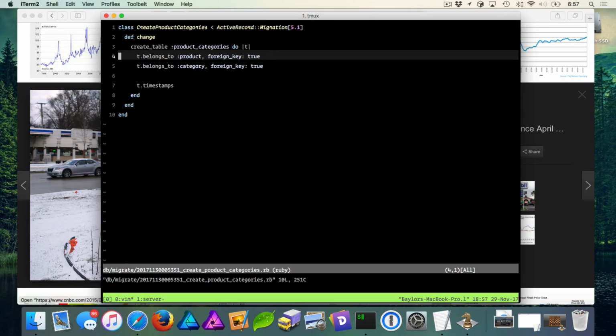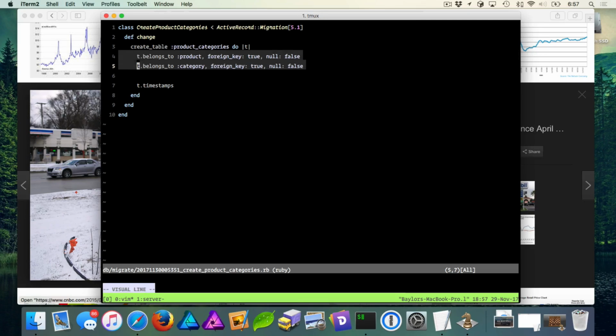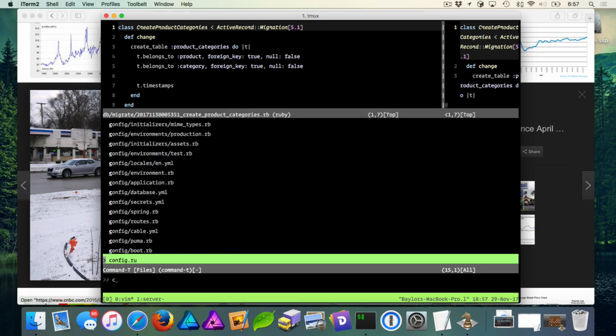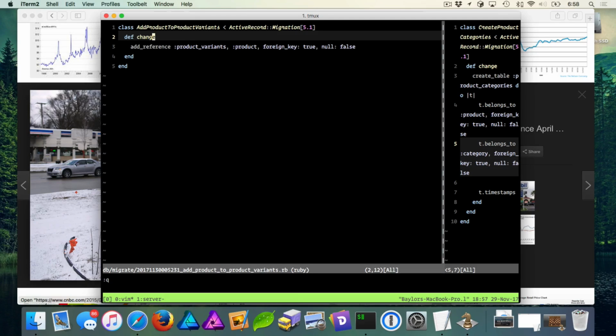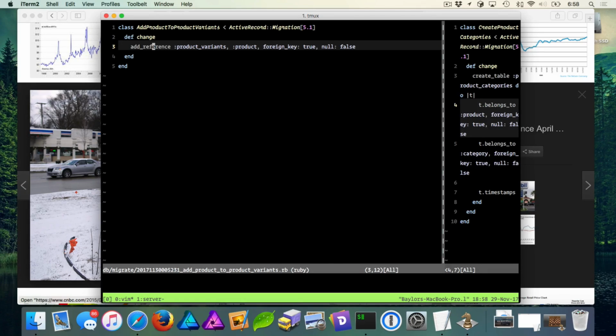And false, do that here as well. And what I'm going to do, so this is really interesting here. Something I haven't paid attention to before is add product, this one. This one said add reference. This one did belongs to. I think it's the same thing. If it's not, I'm about to find out the hard way, but I haven't paid too close attention to this